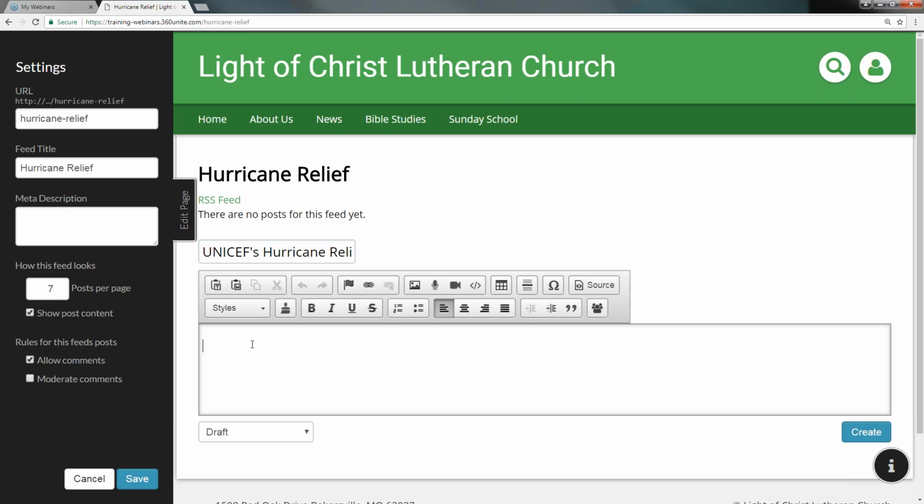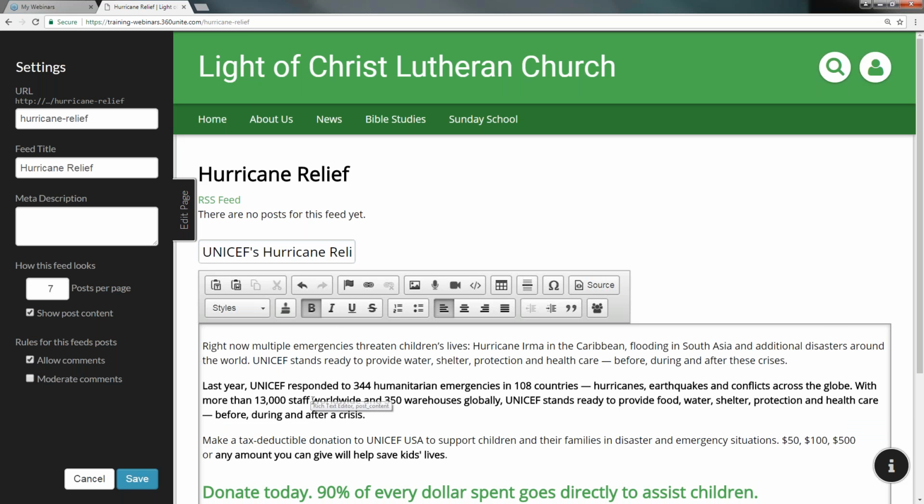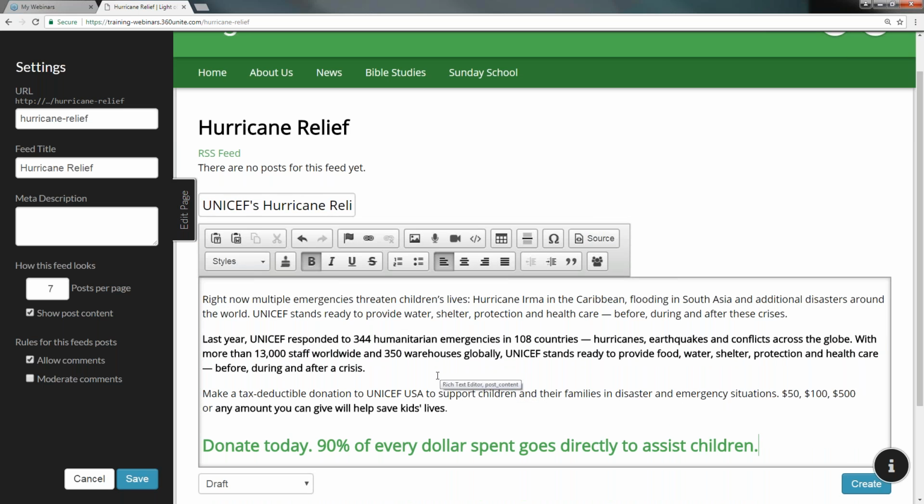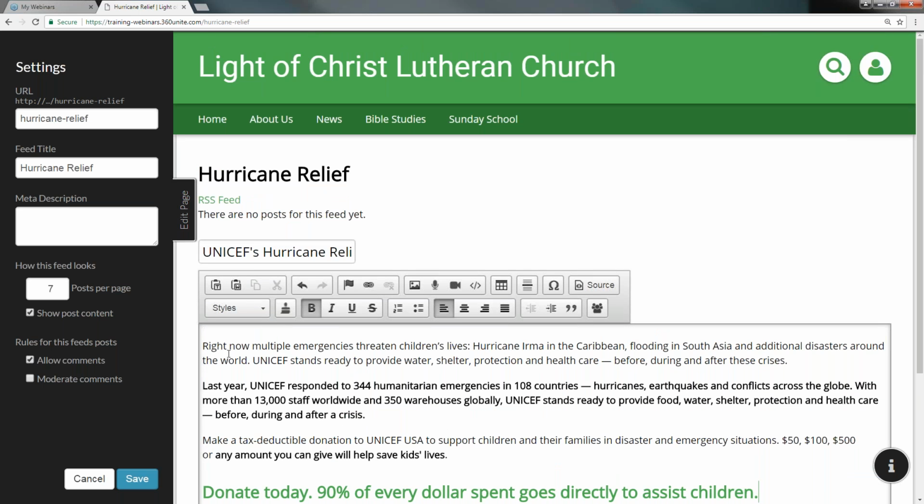Enter that here. And then I can click in this open area and simply paste in what I've copied from their website. So I have all the information I have here. I can actually change or manipulate this copy here. So if I want to add something here,